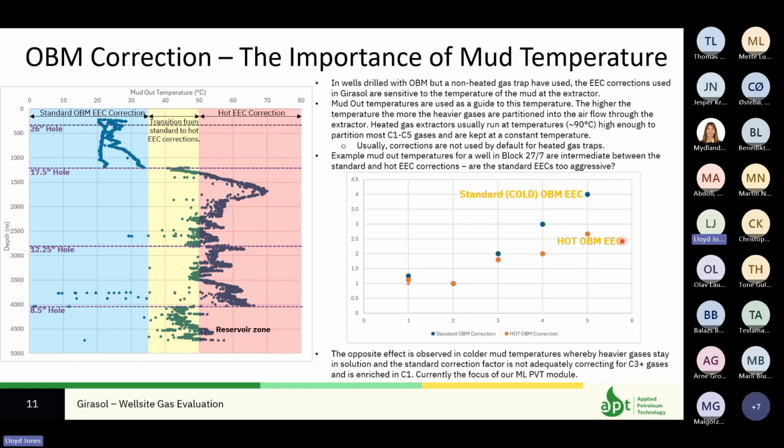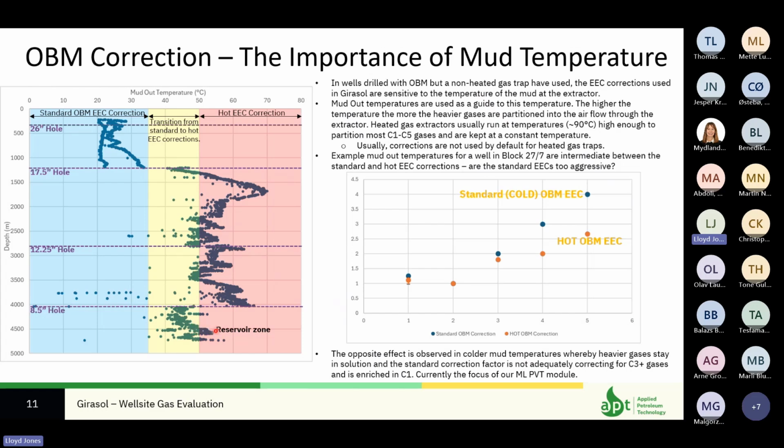So I mentioned the importance of understanding the mud temperature. This is an example from the North Sea here. It's a HPHT well, and the plot on the left-hand side is just a depth plot showing the temperature of the mud return temperature out of the hole. You can see in the 8.5-inch hole, around 4,500 meters in the reservoir zone, your mud out temperature is between 45 to 55